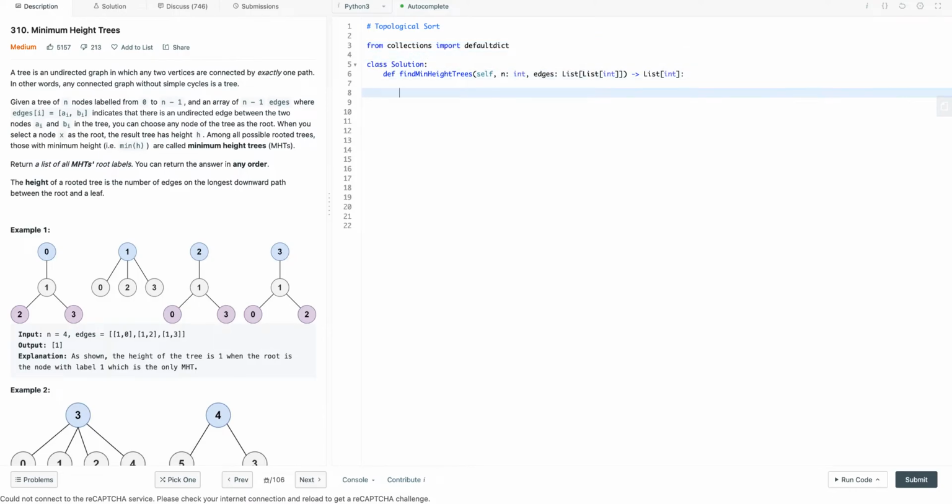And then here, I'm just going to define my adjacency list, which is also like the out degree in topological sort. Adjacency list equals defaultdict. We can either use a defaultdict of a list or a set. I'm just going to use a set. A set doesn't allow duplicates. So after I define my adjacency list, I can also define an in degree